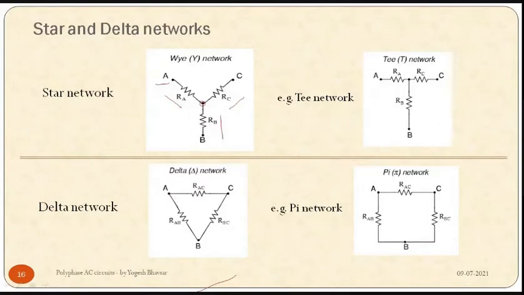Now, in another observation, sometimes we see a T network. This T network is also called a star network. Look at this. There is a node where three branches are meet, and on the three branches there are three different resistances. Say this node is X: from A to X there is a resistance, from C to X there is another resistance, and from B to X a third resistance. So this is also forming a star network. We just have to observe whether we are getting a star network or